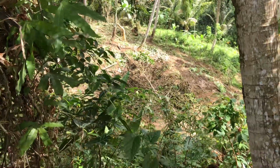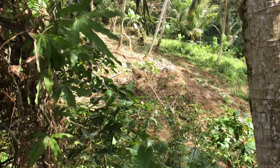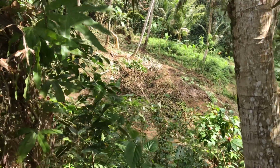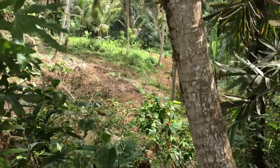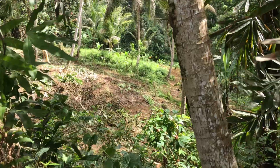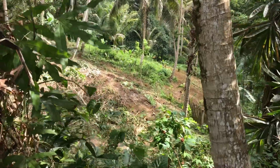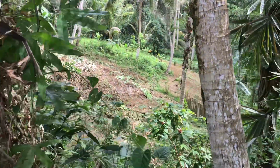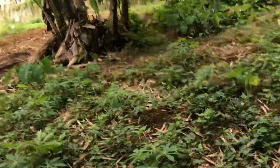I cut 3 trees down back there. Actually, no, it was 4 trees. And then the fence there, we had to fix the fence because it was destroyed from a few years back. It's 3 strands of barbed wire. So this whole area right here